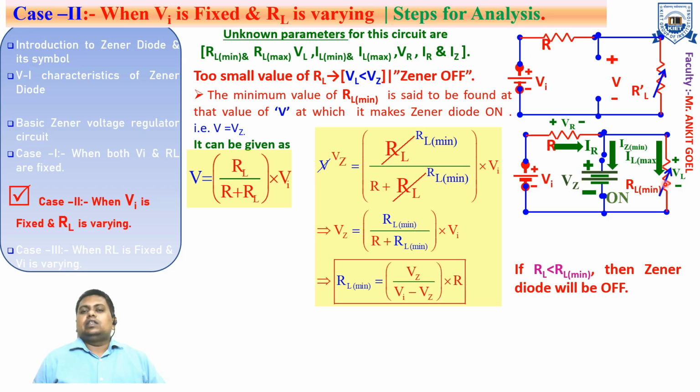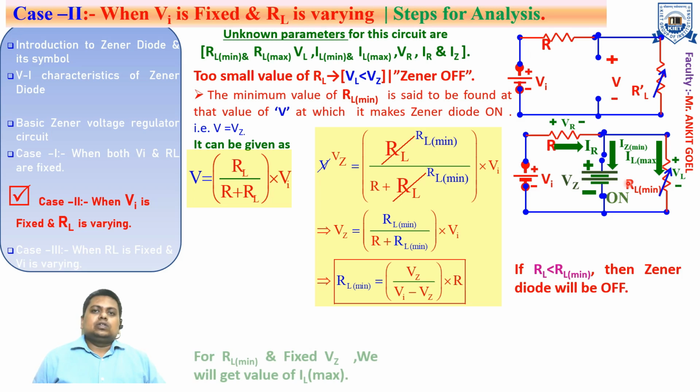You can easily find the voltage across the load, right? By applying KVL and KCL, you can easily find these parameters. So once Vz is known, you can easily calculate the load voltage. This is the voltage regulation action. So the load voltage VL can be calculated. It is the same as the Zener voltage, that is VL is equal to Vz.